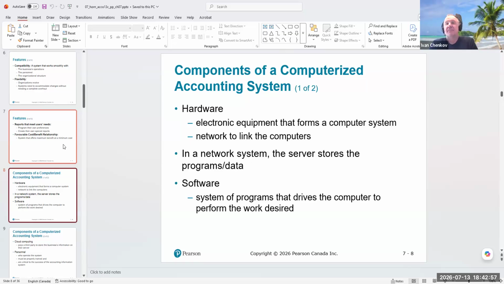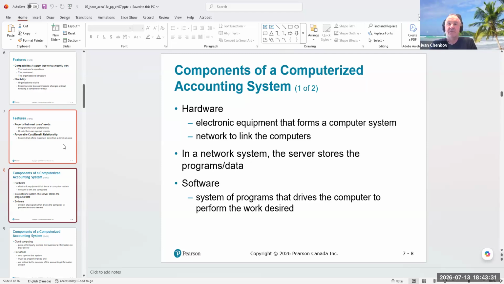So if you have the installation for an Android system, but you don't have a cell phone, then that software you have is pretty much useless. So you need both components. You need the hardware and you need the software. So you need the cell phone and you need the Android system, because if you only have the cell phone, again, it's useless. You have to install some software in the cell phone in order for that hardware to